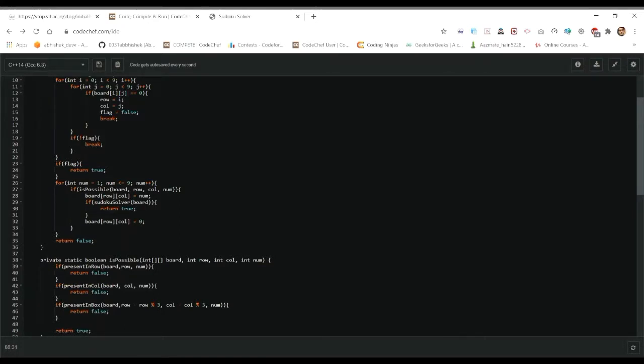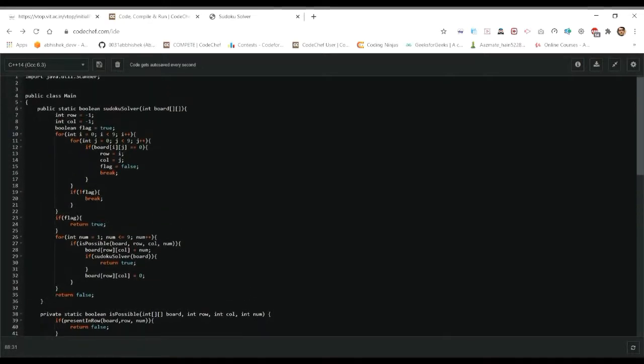So at last, when there is no single 0, I'm talking about line number 12. Firstly, we have seen there is a 0 in some cells. After filling all the cells with valid numbers, all the cells will contain some numbers, so there will be no 0. So after checking every cell, there will be no 0.